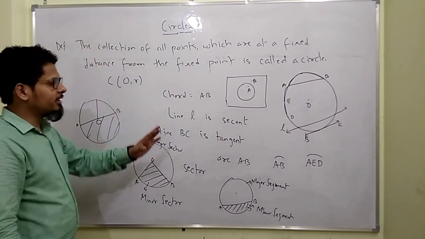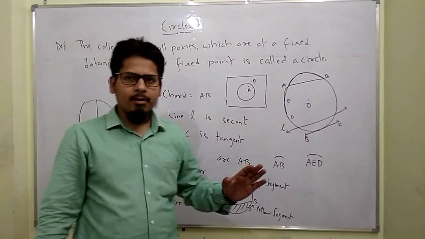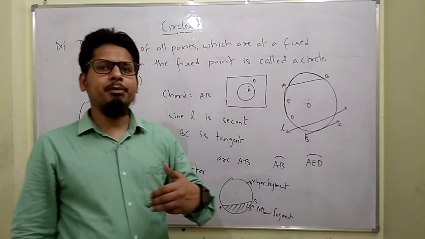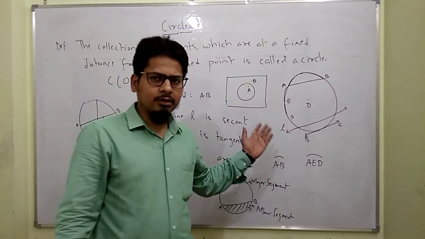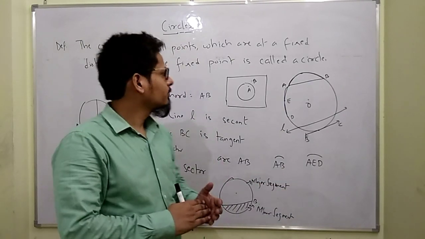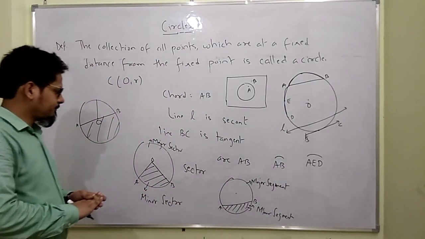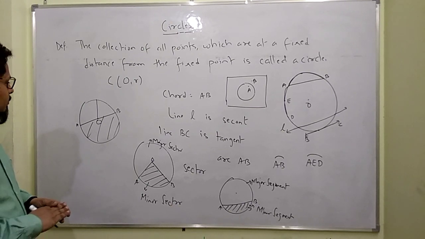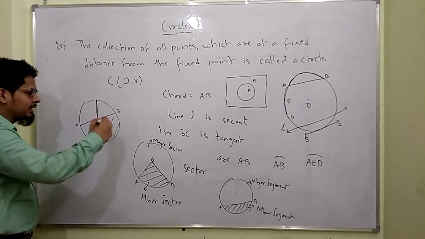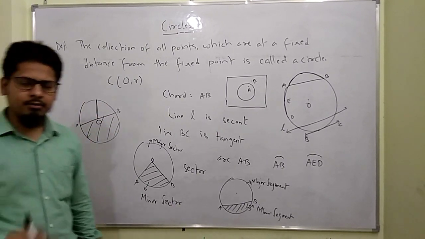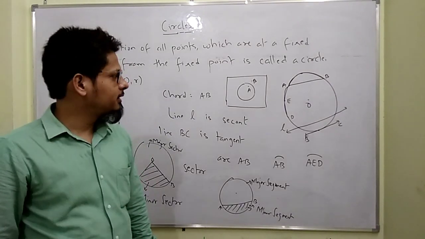All of the things here you have heard and studied before this lecture, what I am explaining to you. You know it is a radius, it is a diameter. Radius is half of diameter.